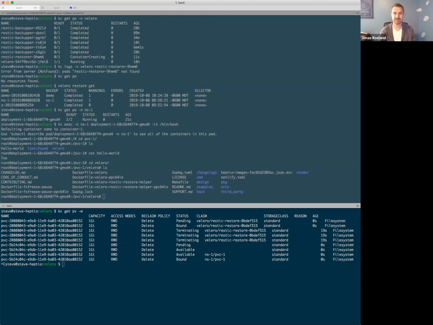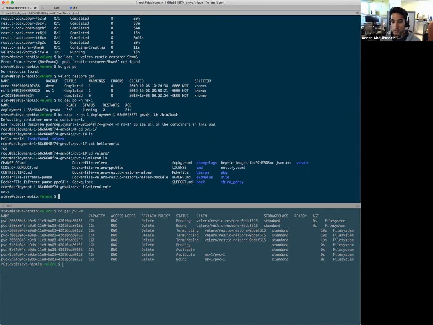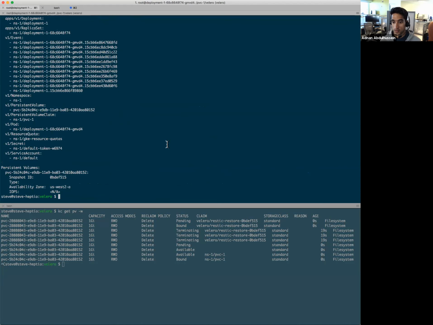This is really cool, Steve. Quick question around the UX of the Velero backup details. Is there a way of knowing that was a Restic backup? Is there a way we can make that more obvious? Yeah, good question.